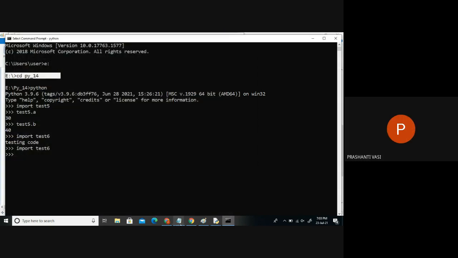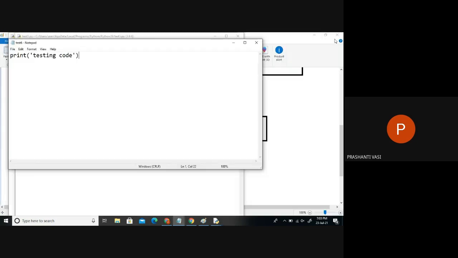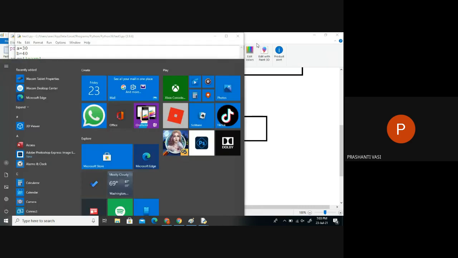Today I'll start with the execution part, now that you know it. So we'll proceed with the actual topics. The first topic which we have to learn is data types.